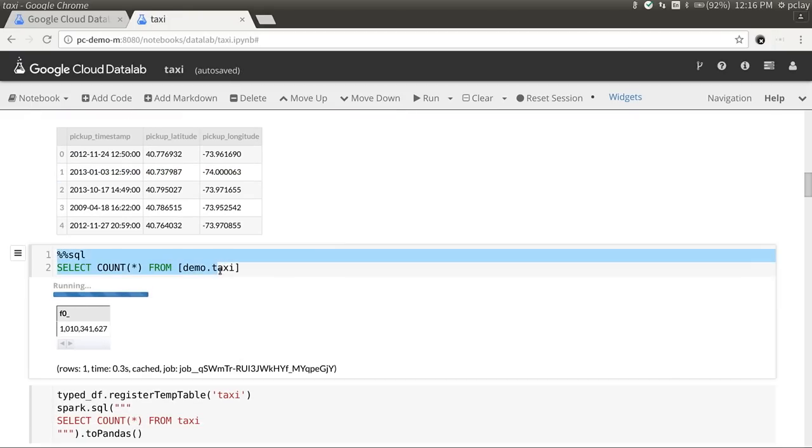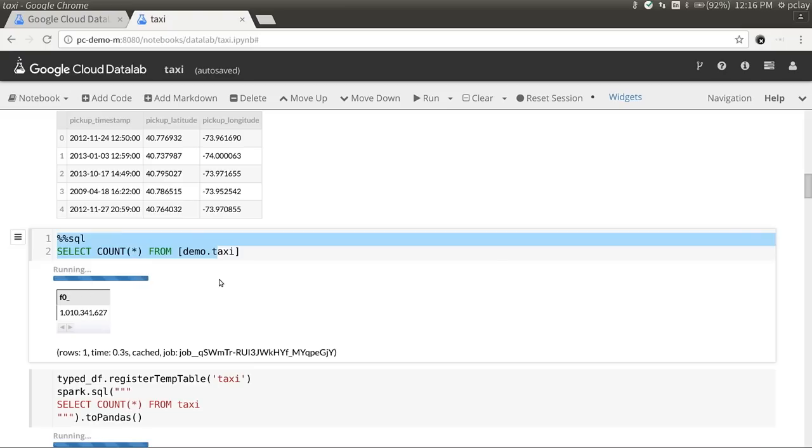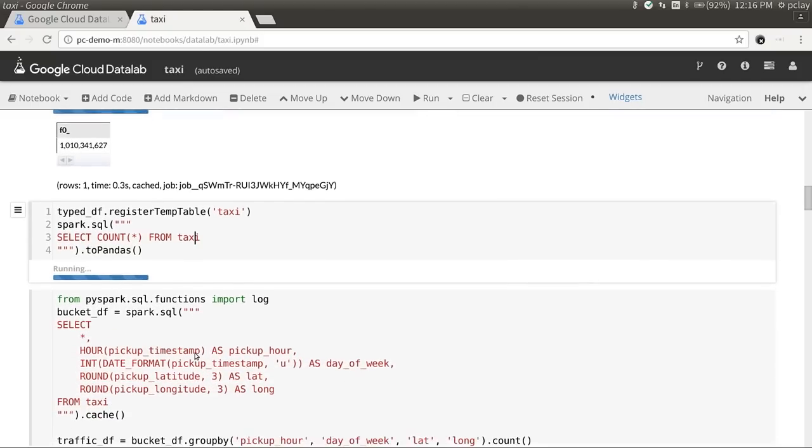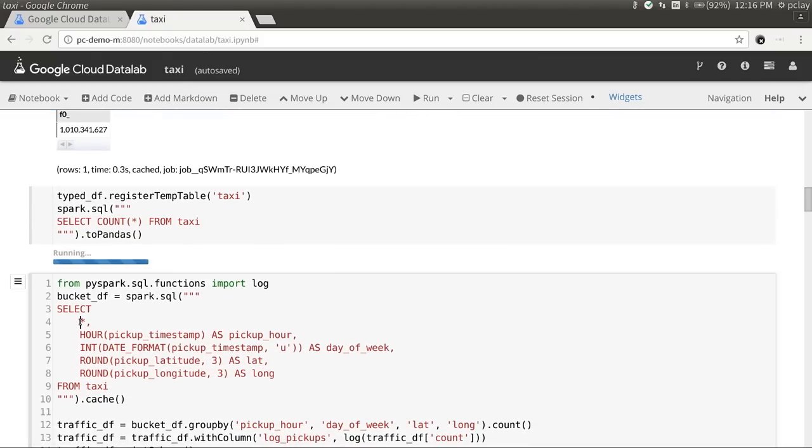In Datalab, we can run queries against BigQuery. Also, in Spark, you can register SQL tables. So I'm just running a simple select count star against both BigQuery and Spark to make sure that I have all the data. It takes a long time in Spark because this data is still sitting in GCS. Spark is lazy, so until I say select count star, it will actually never load the data. Once that finishes,